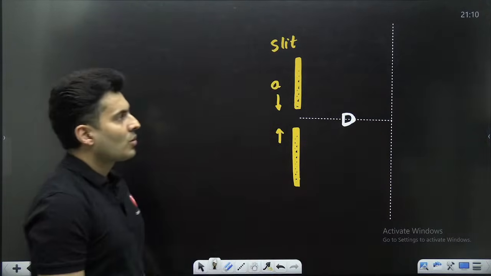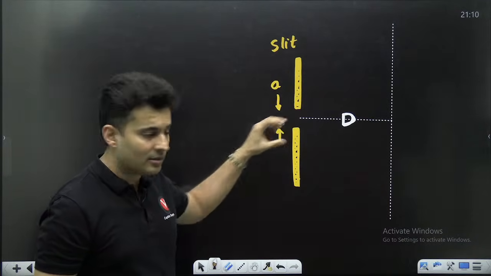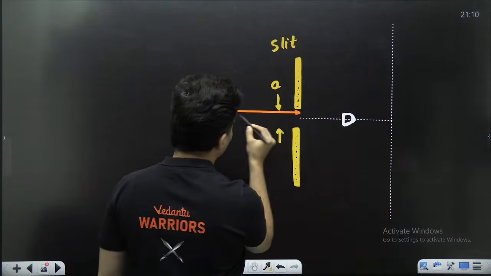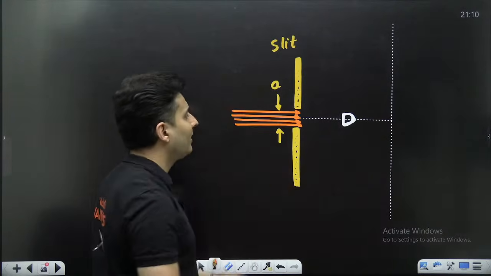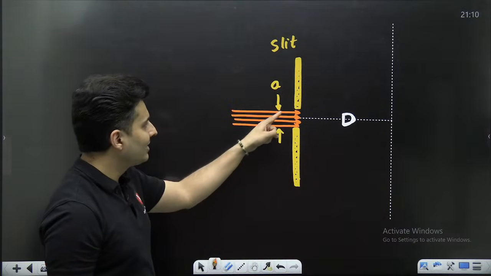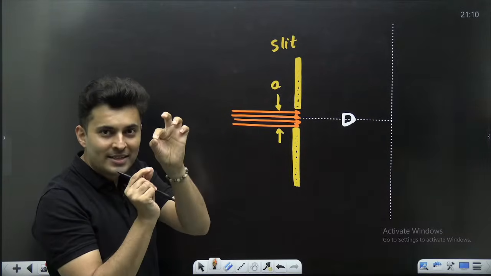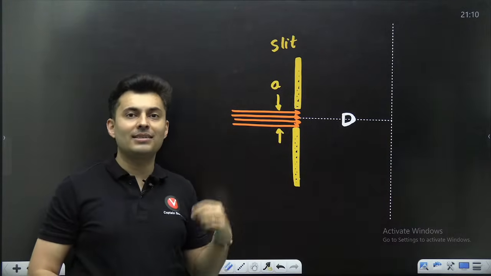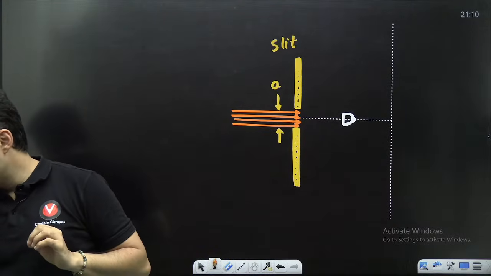You will see that the beam of light which enters through this slit will act like mini Young's double slit experiments. Like this ray and this ray act like a YDSE. This ray and this ray, like two slits separated by some distance. So mini YDSEs are formed in that narrow gap. Are you able to visualize? And once that happens,